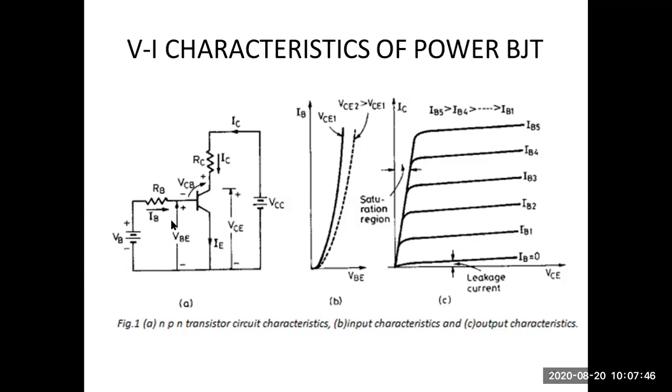VB is the base voltage, IB is the base current, RB is the base resistance. VBE is the voltage across base and emitter. VCE is the voltage across collector and emitter. RC is the internal resistance through the collector terminal. IC is the collector current. VCC is the terminal voltage, or voltage applied for the collector terminal. And VBC is the voltage across base and collector. So this is about the circuit configuration, and we need to analyze the performance.